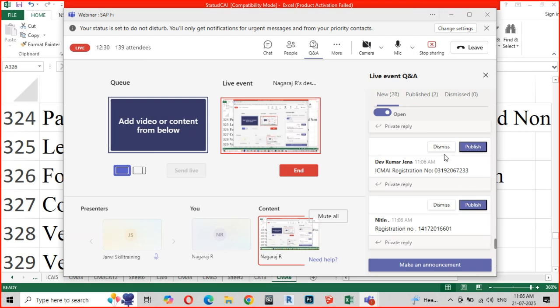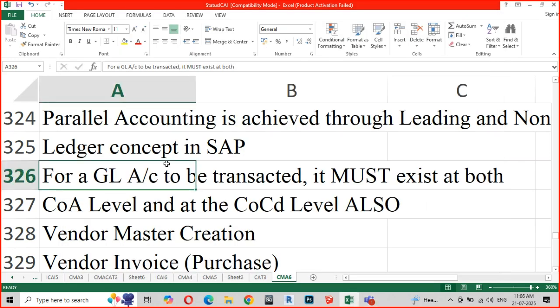Okay, students, we'll start today's session and let the others join in. Now, where had we actually stopped? We had almost ended the AP and the AR submodules in SAP on the finance side.